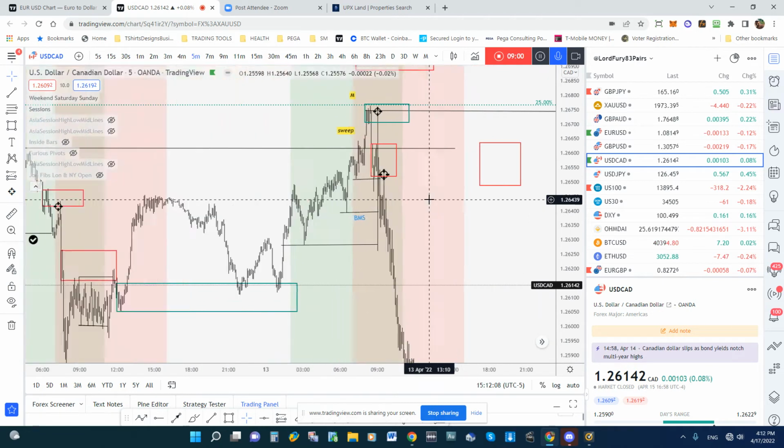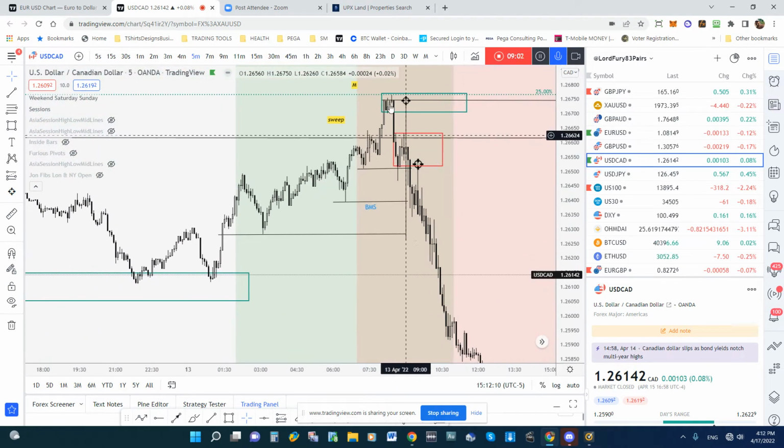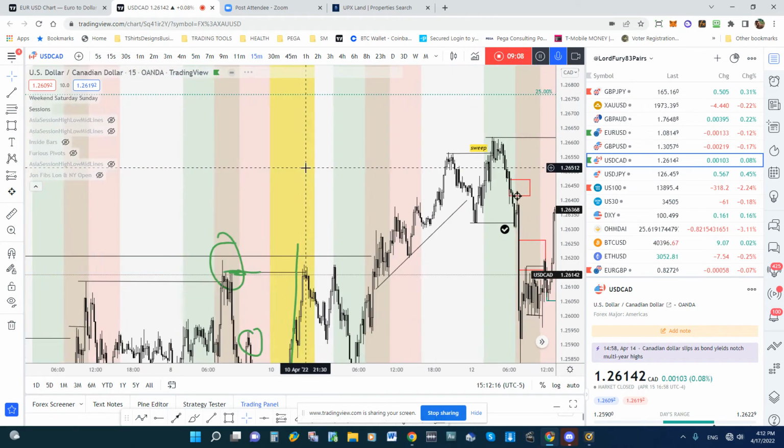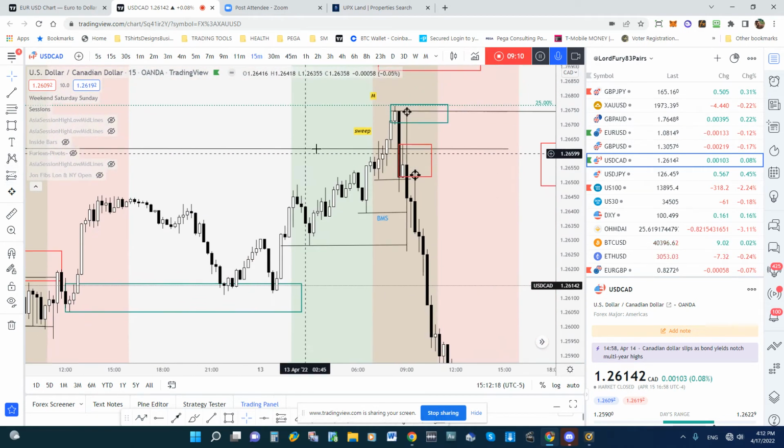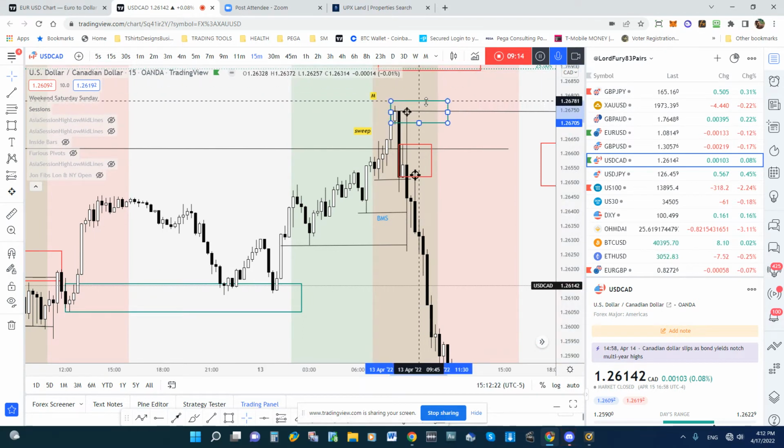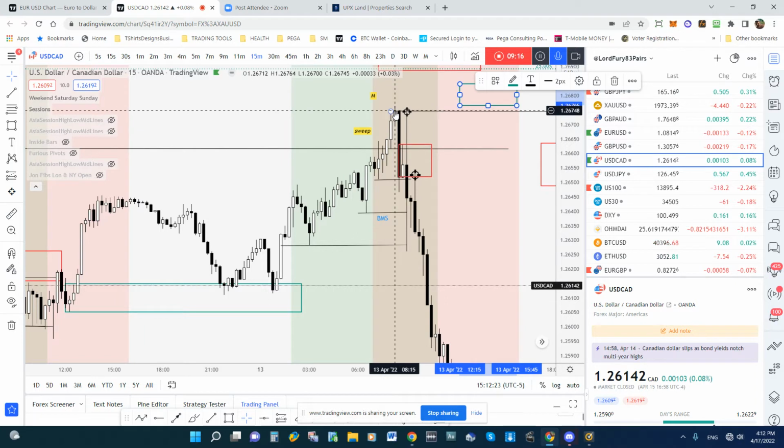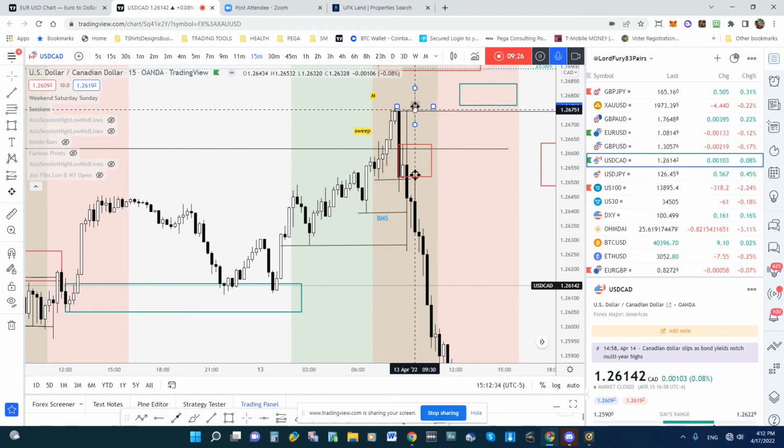on 5 minutes, because literally this is where the Quasimodo is, right? This is where the last liquidity gets taken out with this. I don't know if you can see, this little wick over here, boom, takes out the last point of liquidity there, and comes back straight to that last point of liquidity, you can see.